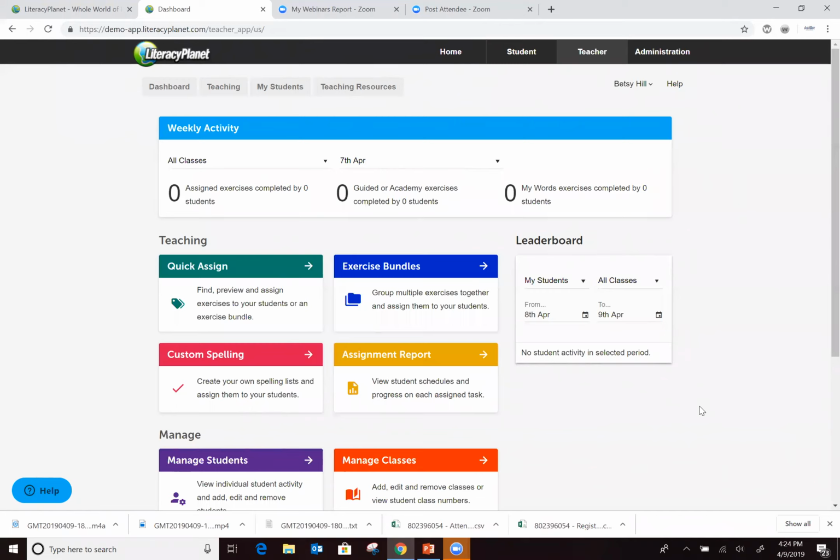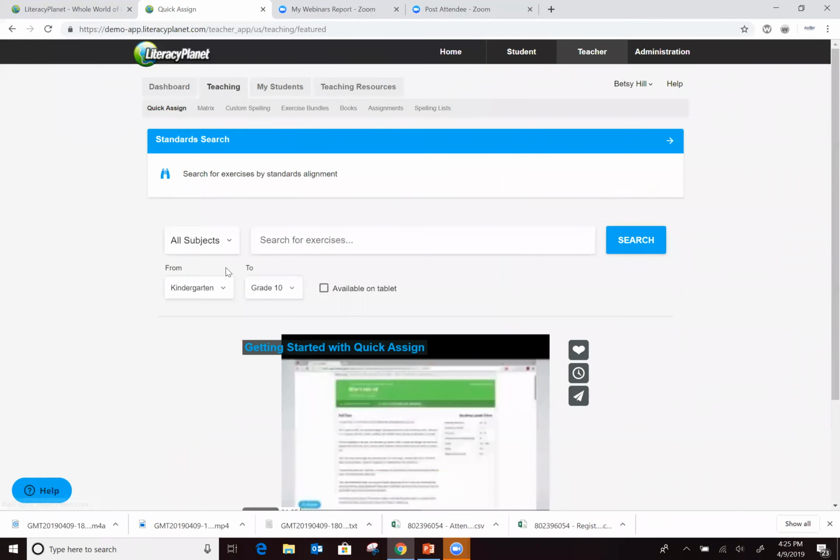So this is the teacher dashboard. And one of the most common things that a teacher is going to do would be to assign activities. So I'm going to go ahead and do that. And I'm going to click on this quick assign, which is really, truly quick assign. And there are a couple different ways that I can search for activities. Remember I told you that